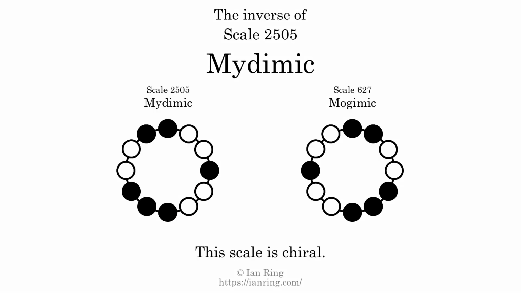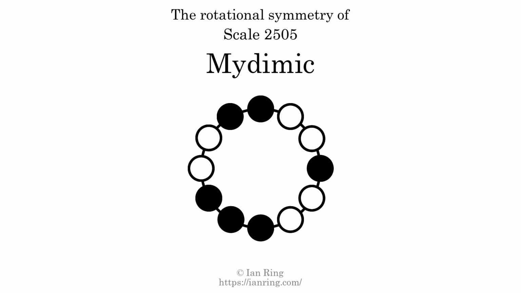The inverse of a scale is a mirror image. It is what you get when the sequence of intervals is reversed. The inverse of this scale is scale 627, also known as Mydimic. This scale is chiral. It cannot transform into its inverse by rotational transformation. This scale has no rotational symmetry. For even more detail about this scale, visit